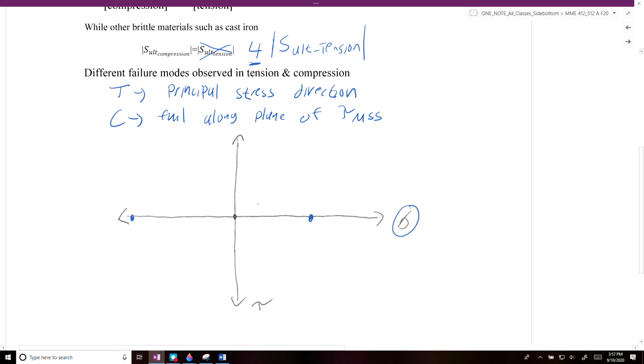This is your ultimate tensile strength here, and then on the left hand side you have your ultimate compressive strength